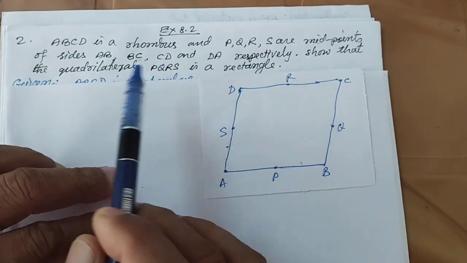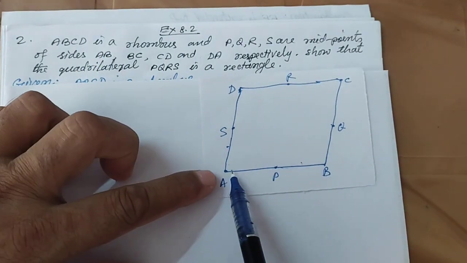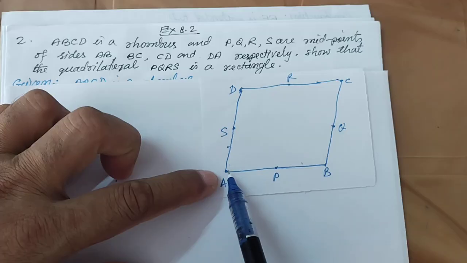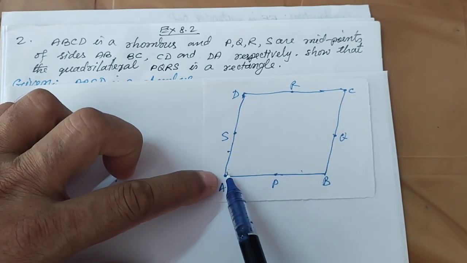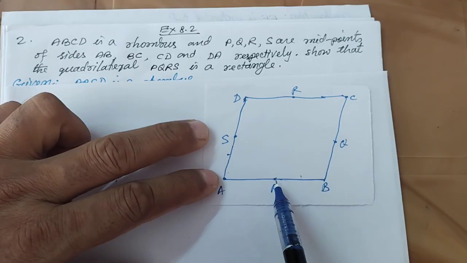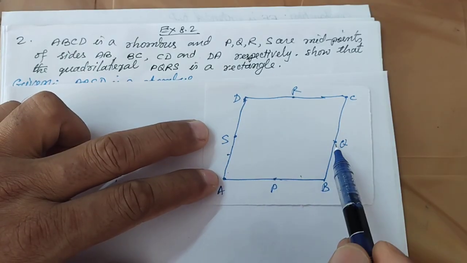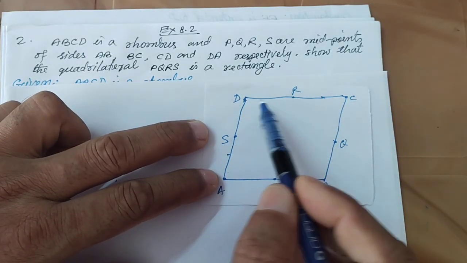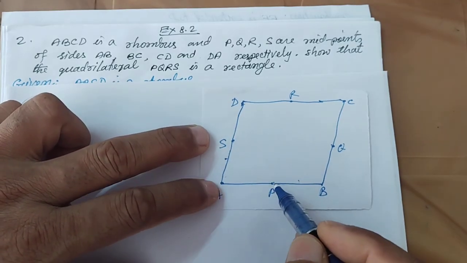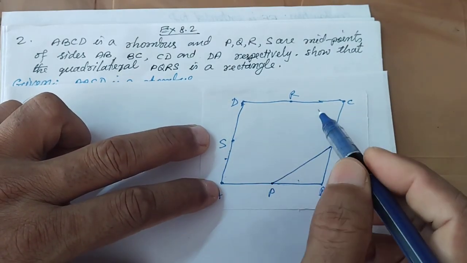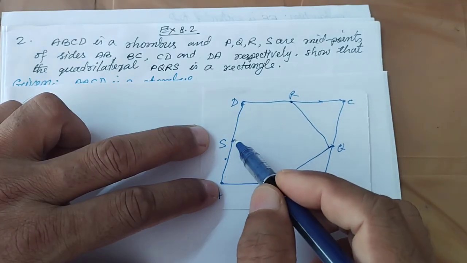Exercise 8.2 question number 2. It is given ABCD is a rhombus. Rhombus means all four sides are equal: AB equals BC equals CD equals DA. And P is midpoint of AB, Q is midpoint of BC, R is midpoint of CD, S is midpoint of AD. It is given. And you are asked to prove that by joining the midpoints of the sides, we will get a quadrilateral